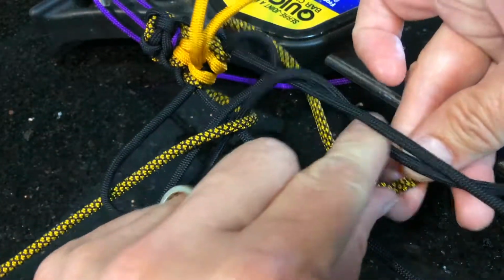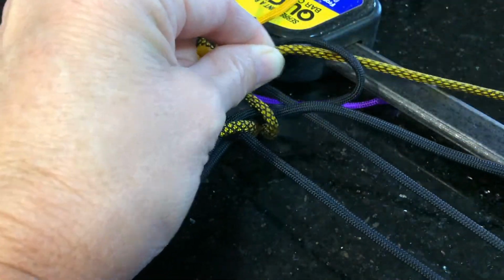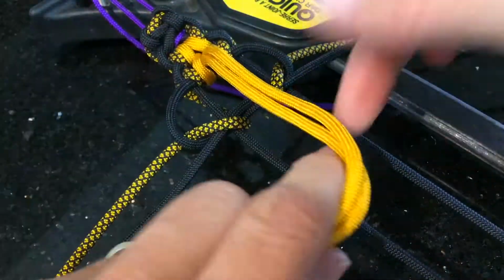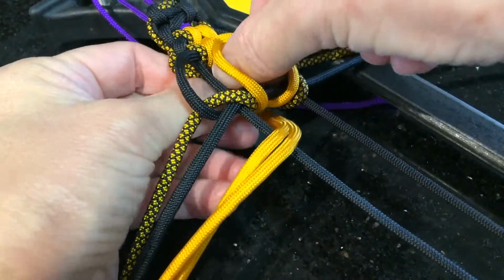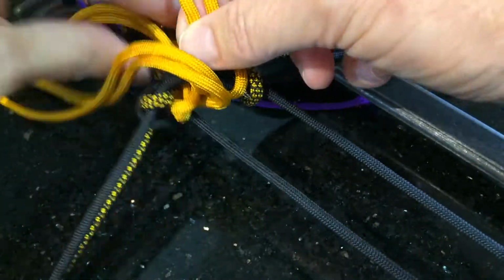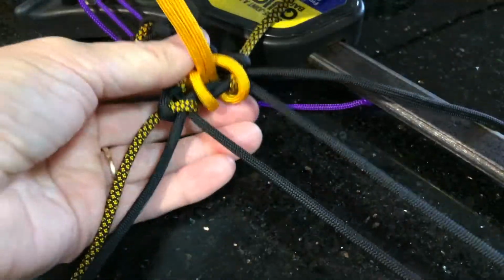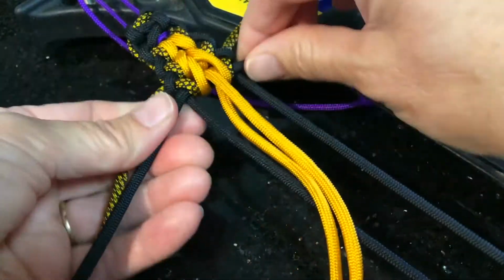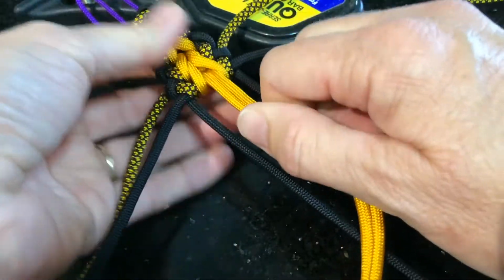Other contrast up through the middle, out the same side. Tighten those up a bit, and then bring your cords down underneath and up through the centre. Okay, tighten everything up. So you'll just go along with that same pattern until you get to the end of the adjustable part of